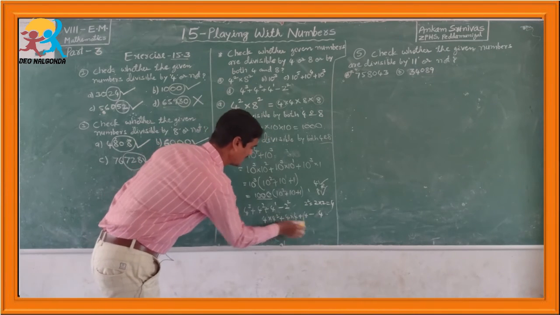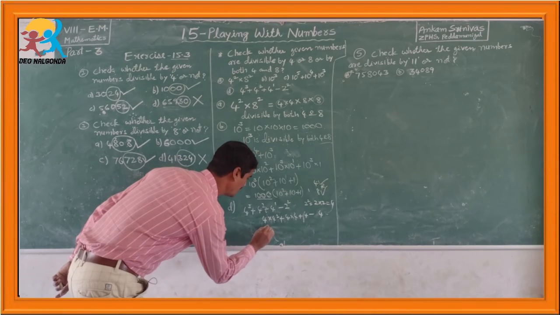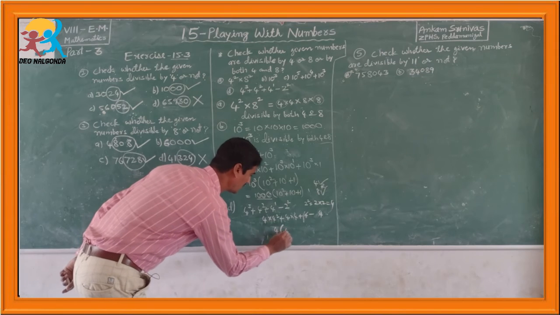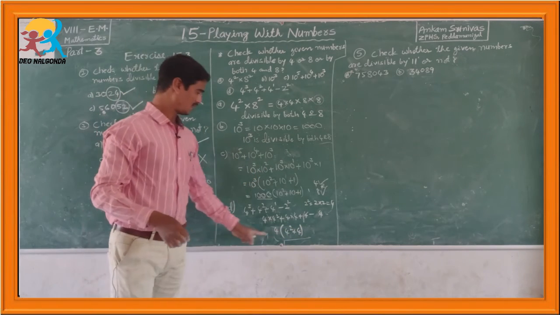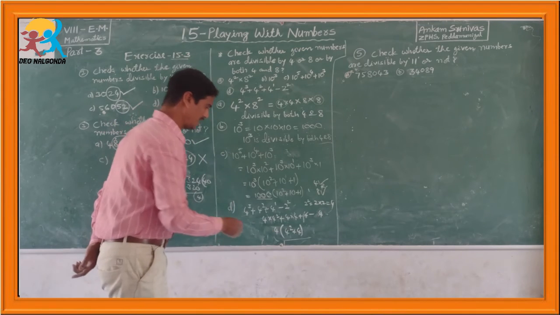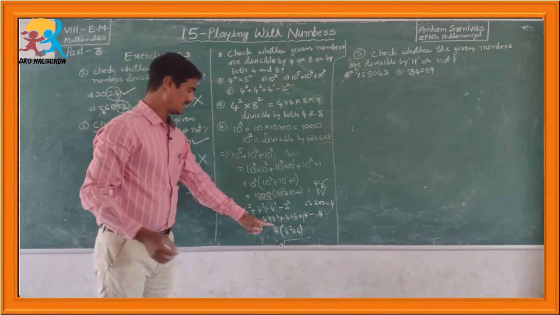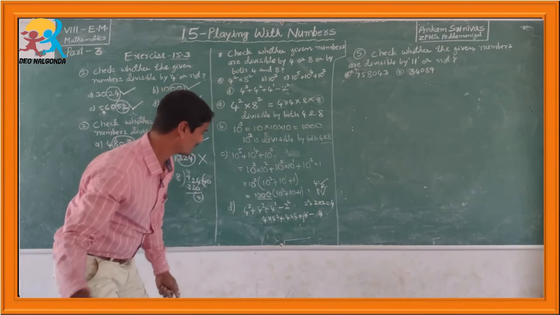And remaining, plus 1 minus 1 is 0. If I take the 4 common, 4 square plus 4, and also you can take the 2 as the common. In this also 2 is the common. 4 square,